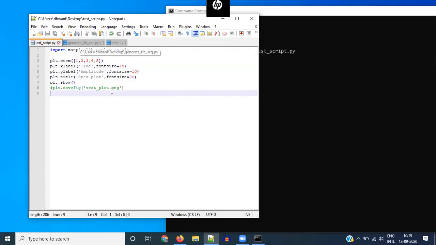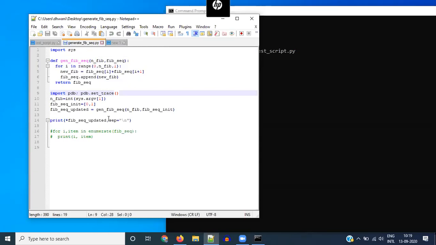So now the way we are importing these additional packages, we saw how to write a function in the previous class. So you can also write functions and save them in a separate file and import that file also and use the function that you've written there. So for example, let's go back to this generate Fibonacci sequence.py. Hopefully all of you also have it. We wrote this function called gen underscore fib underscore seq. I can give a moment for all of you to open it if you want to.